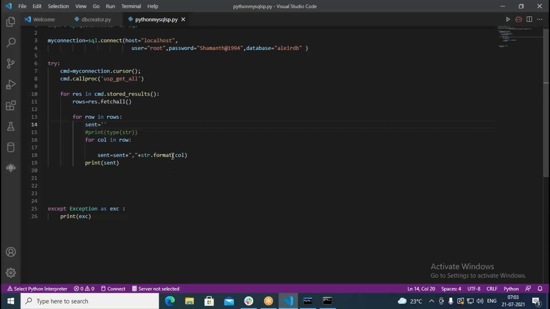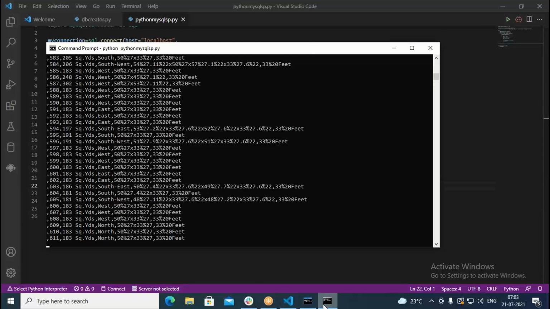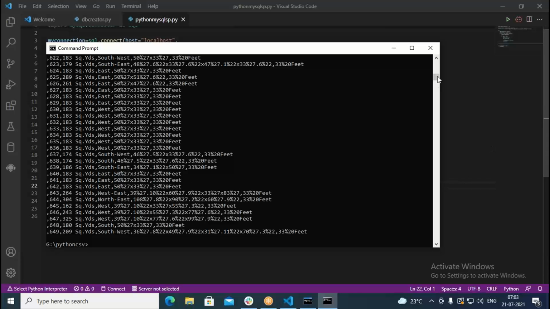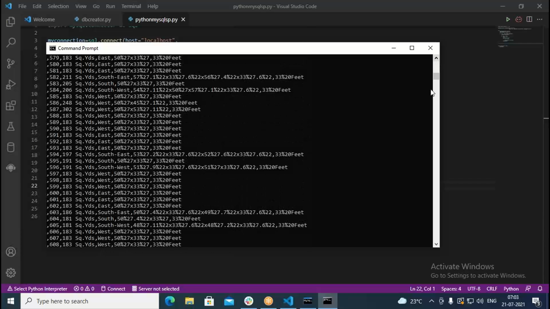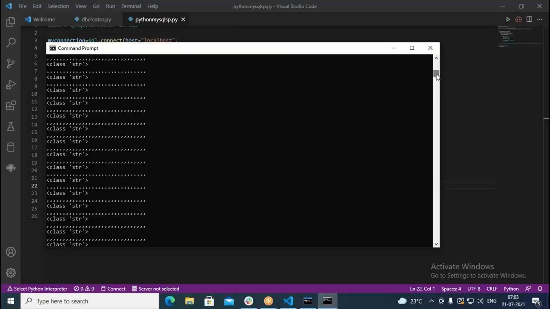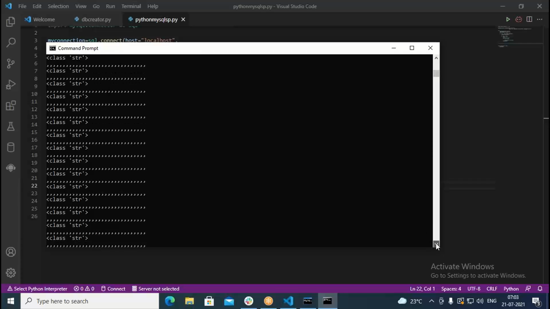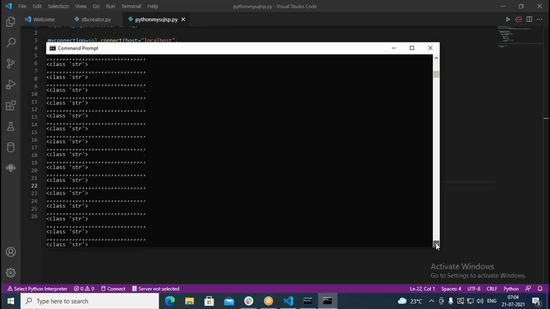Okay. Then in such cases, we just convert into string one. Then once again, we see this. It's printing now. You can get all these things in different rows. So if you go with this, what is happening here?